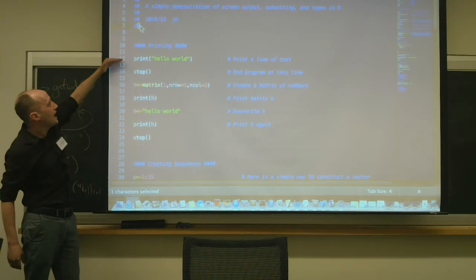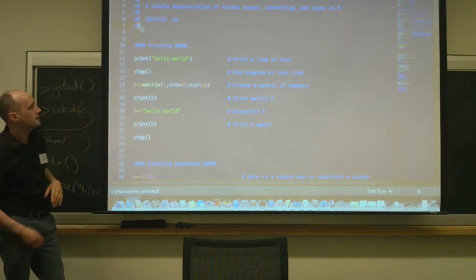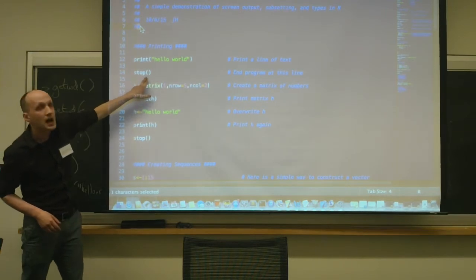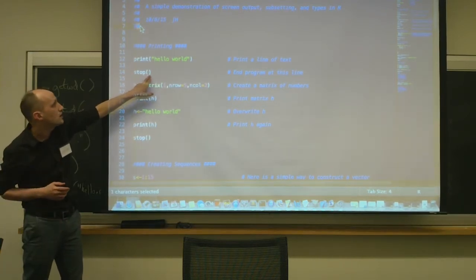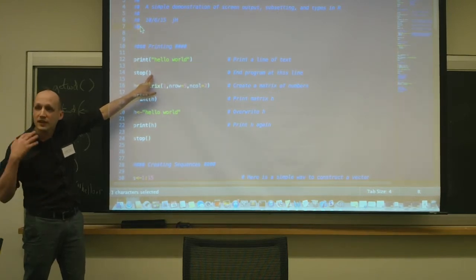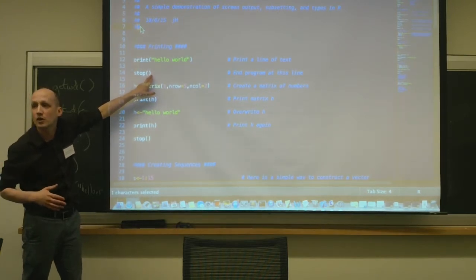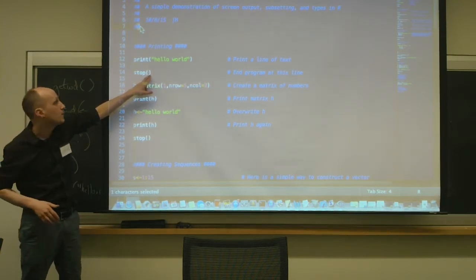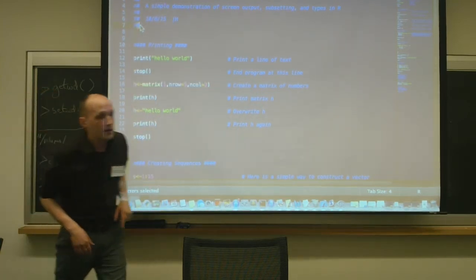Okay, so it ran that line and it just keeps reading down until it comes to an error. The next function it runs is called the stop function. It says, "Oh, what should I do with the stop function?" Everything's a function, so I'm going to expect parentheses. There's no argument though. There's nothing I need to give the stop function in order for it to work. And stop terminates. Stop tells R, stop reading this script anymore.